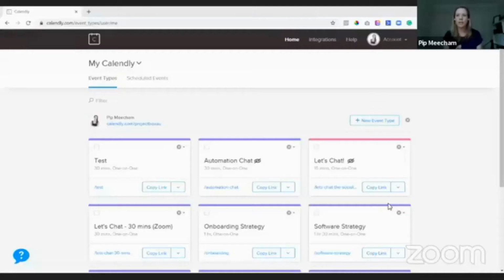So what we're going to do is quickly touch on 5 things about Calendly that you may or may not know about, but ones that I really suggest you do use. Now, just so you are aware,